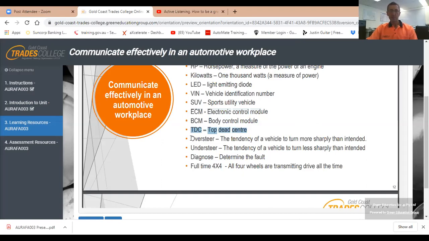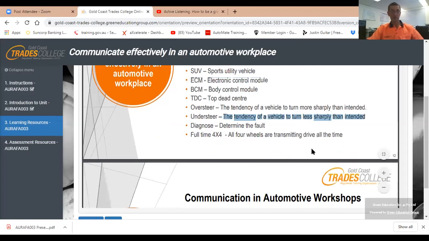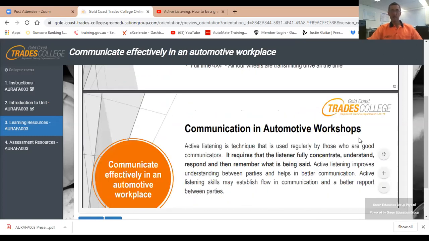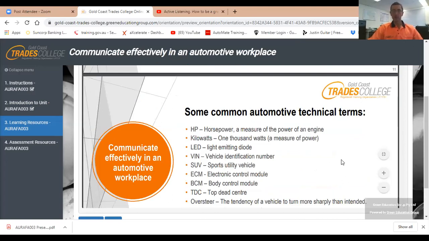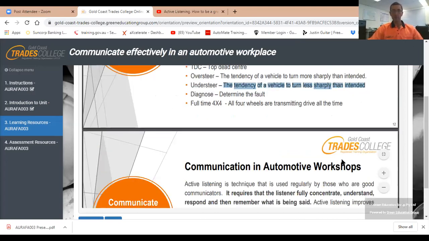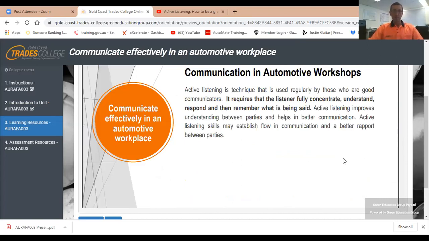You've got oversteer, understeer. So oversteer is the tendency of a vehicle to turn more sharply than intended, and understeer is the tendency of a vehicle to turn less sharply than intended. Diagnose, I think we all know what diagnose means, determine the fault. Full-time four-wheel drive, so that is all four wheels are transmitting drive all the time. So there are just some of our common automotive technical terms that we use in an automotive workshop. Further to that,